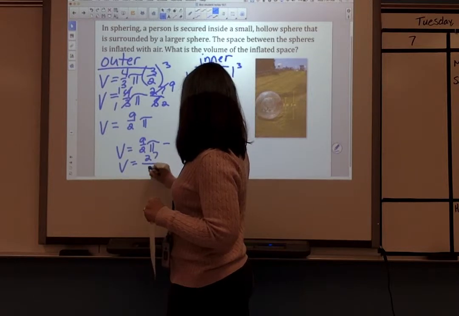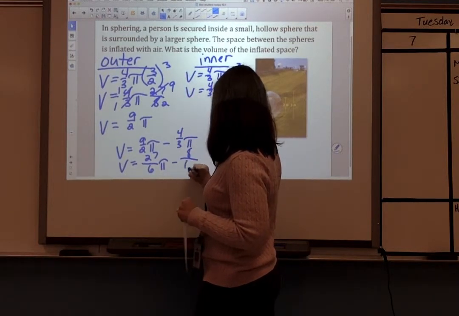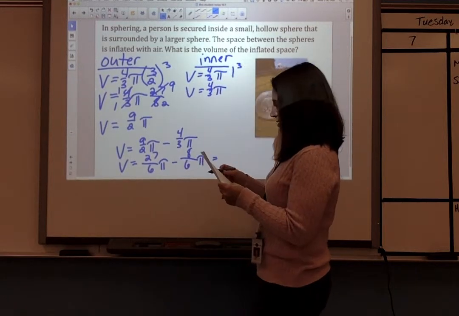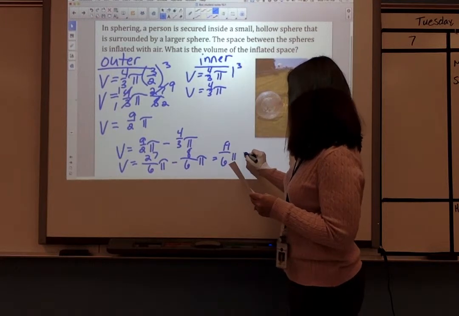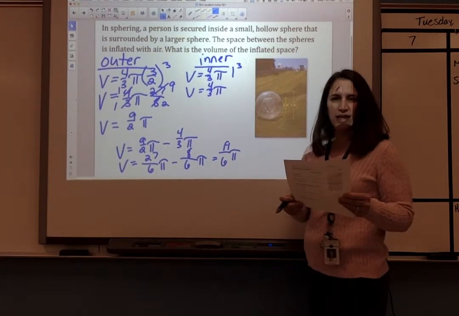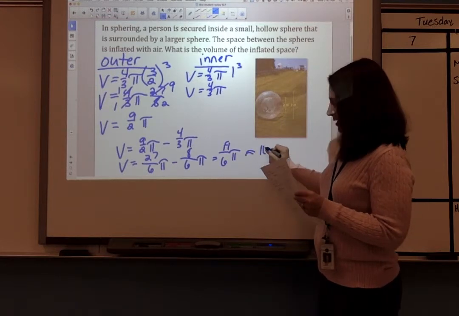So that's 27/6 pi minus 8/6 pi, which is 19/6 pi. And when we calculate that, that's about 9.9. So we'll say that's about 10